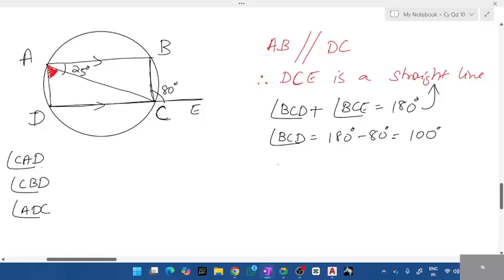Interior alternate. See, how can you use interior alternate here? Okay, CAB and you have used ACD 25. Okay, after that,